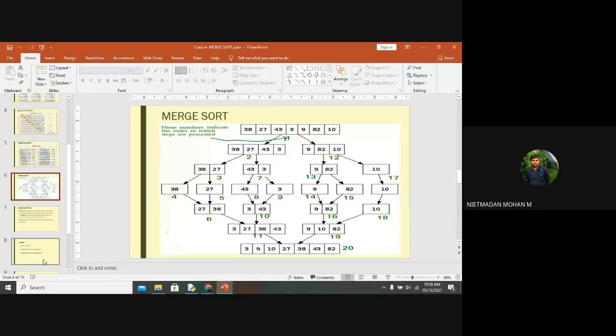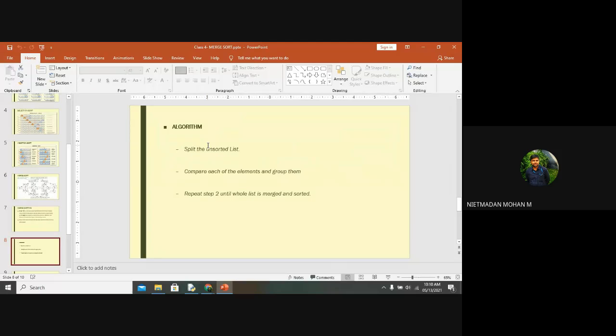So this is an algorithm. This is a simple way of writing the algorithm. I have not written any content over there. I am writing the algorithm in only three lines, for the user's understanding.